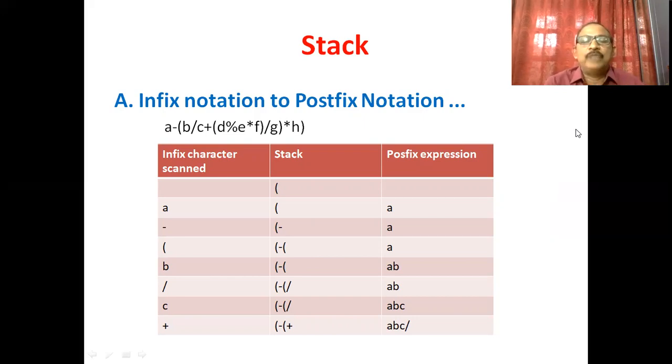Now we pop the operator and add it at the end of the postfix expression. Now the postfix expression becomes ABC followed by the division operator. Next step, we push the input operator onto the stack.